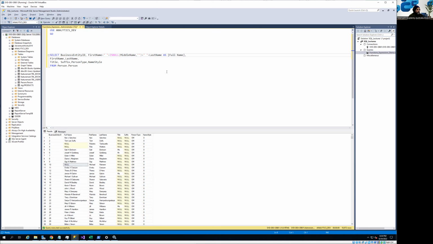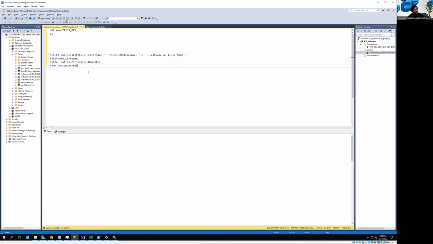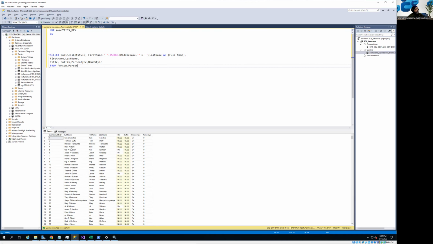And now let's see again. Now we'll keep an eye to see whether Rob Walter is going to appear or still going to show us the null value. So let's run it. And bravo, we have Rob Walter, and you can see there is a space between Rob Walter. But now we have seen that we have two spaces, because obviously if